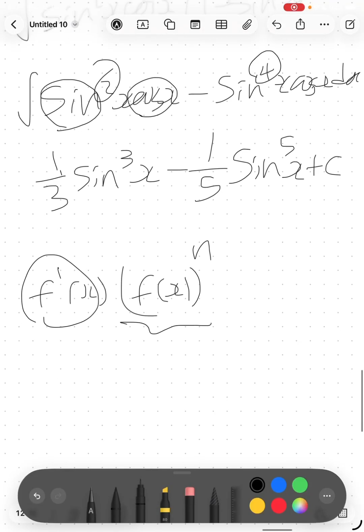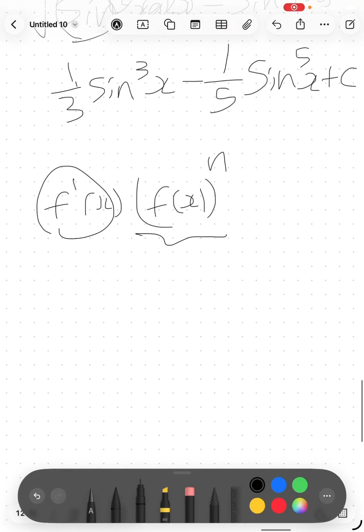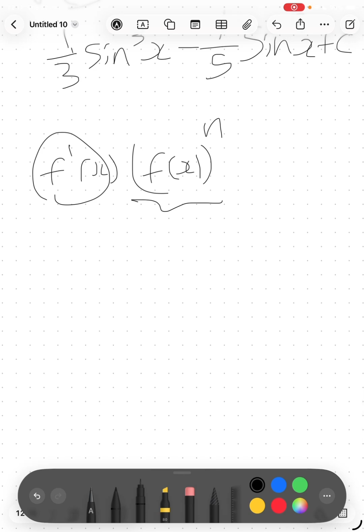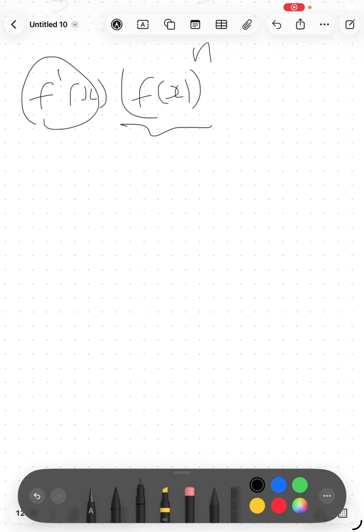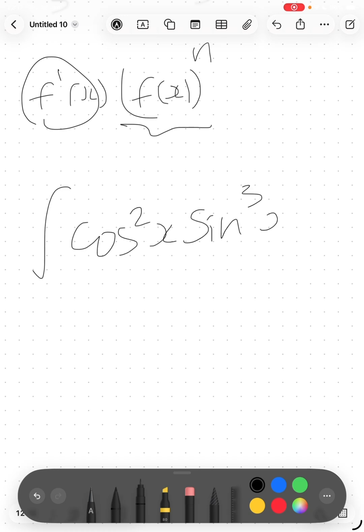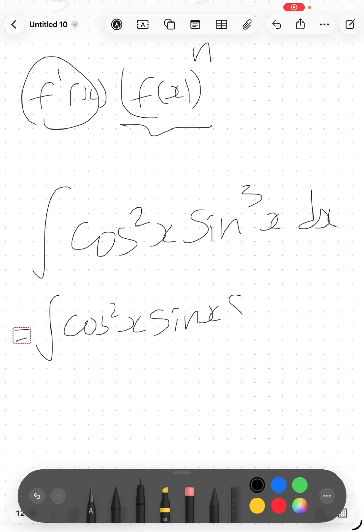So beware of this particular integral. They asked it today. And so the same format, just reversing the thingy. So by the same logic again, if we were to integrate cos squared x sine cubed x dx, in this case you'd say cos squared x sine x into sine squared x,